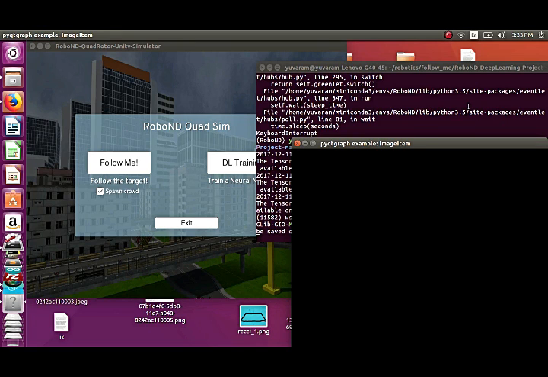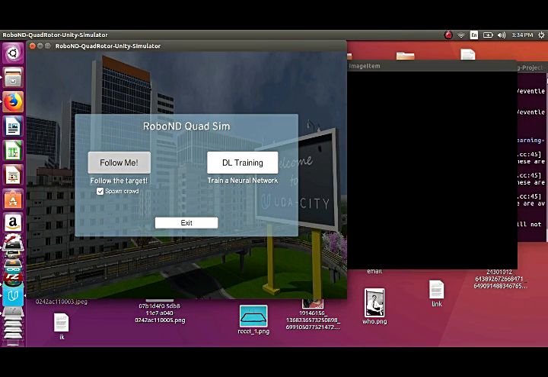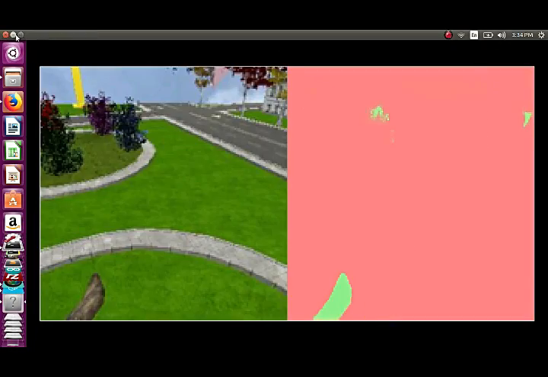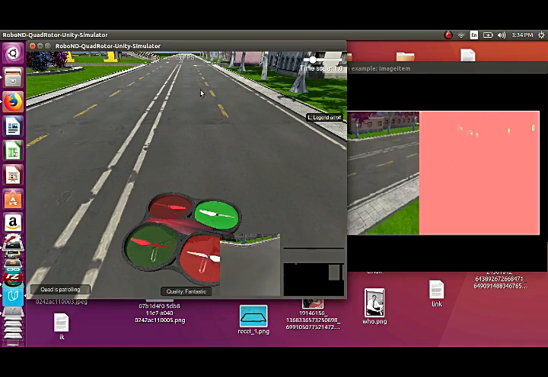So I'm going to start my simulator, and the black screen is the screen where we will see the classifications going on, done by my code. My code is basically a neural network. So I just started it. Our quad is sending pictures taken from its camera to this classifier,